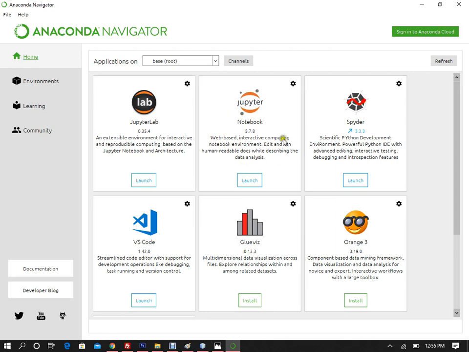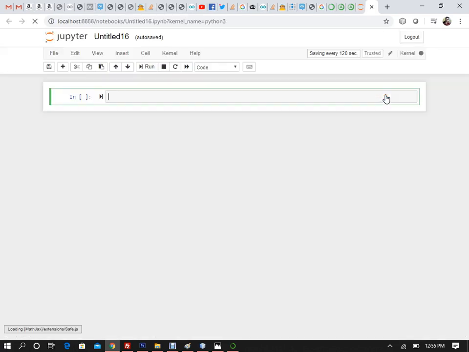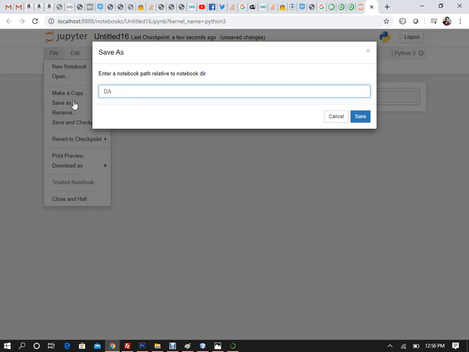Right, so after you are done with this Jupyter Notebook install, click on Launch. And here we go, we'll start launching the Jupyter Notebook, and that is going to prepare an environment where we can do data analytics from, right? So you'll get this right here. Click on Files, right? And you can see this here. Let's see, click on New, Python 3 file, right? And I'll click on Python 3 file. Okay, this is the environment ready for you. Click on Save the file as. So I'll say Data Analytics